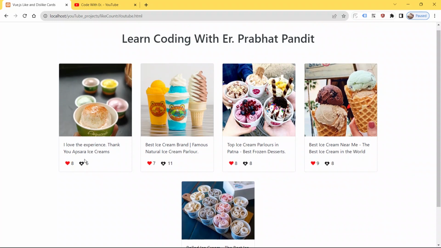Okay, now you can also increase the count again. See guys, boom, the number is gonna increase whether you like the product or dislike the product. Just see, the number is increasing whenever I am clicking the button I like it or I dislike it.